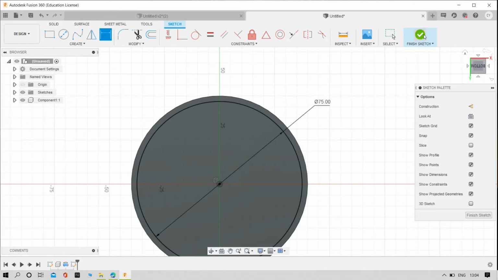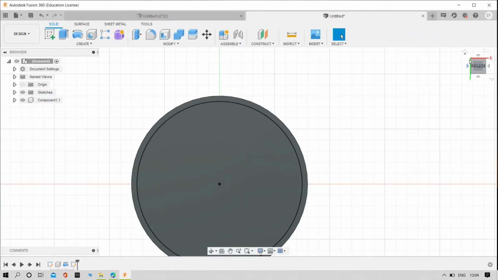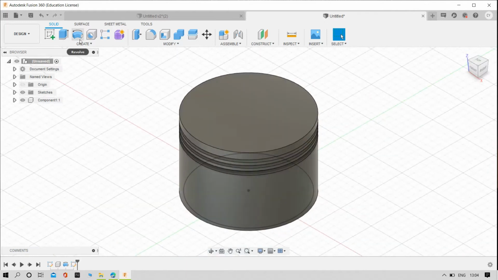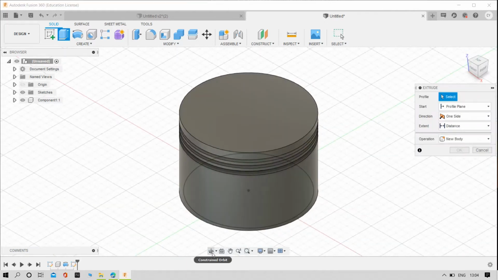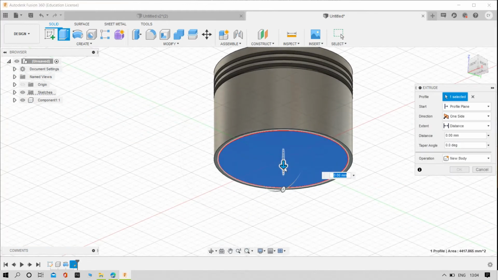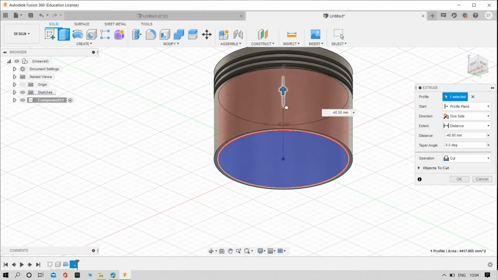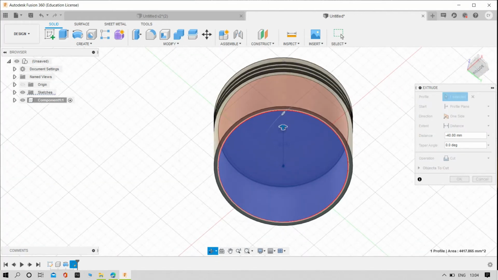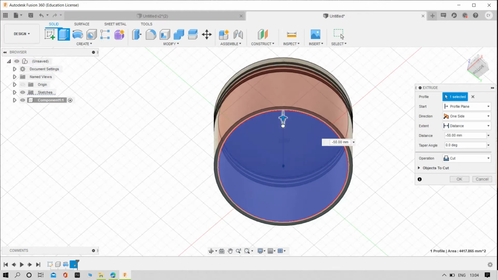Then try to exit from workbench, make it a extrude, make it up to make it 35 is enough. Click OK.